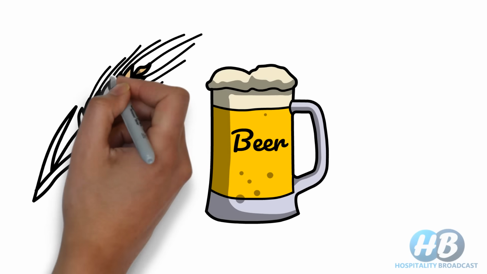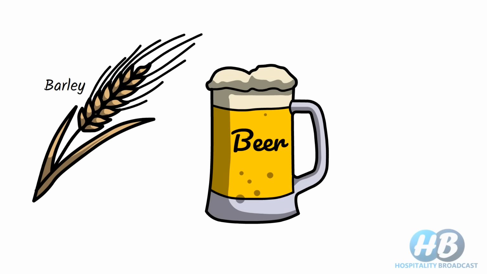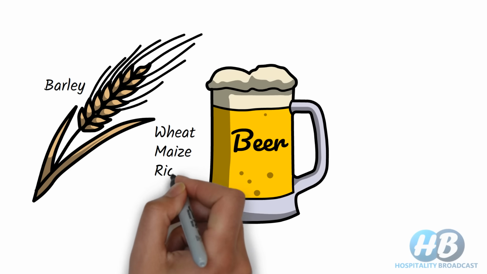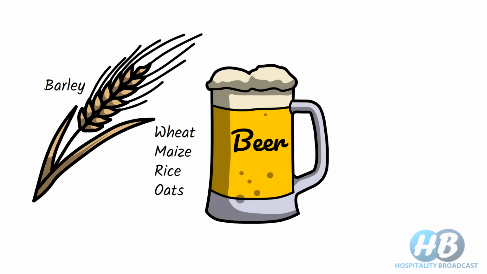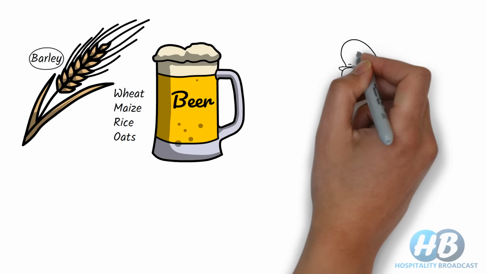Usually, beer is made from barley, but with changing times, it can be made from other cereals also, such as wheat, maize, rice, oats, etc. Normally, the beer making process remains the same, but today we will take barley to help you understand the beer making